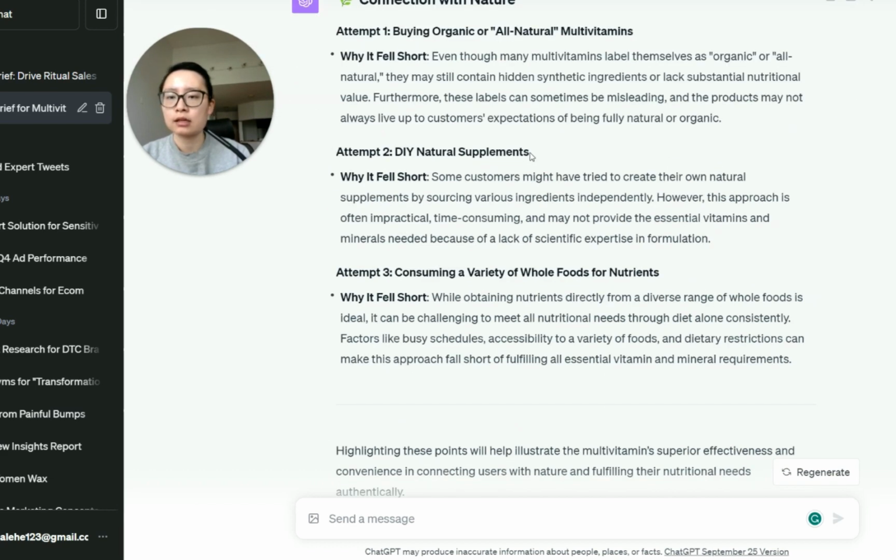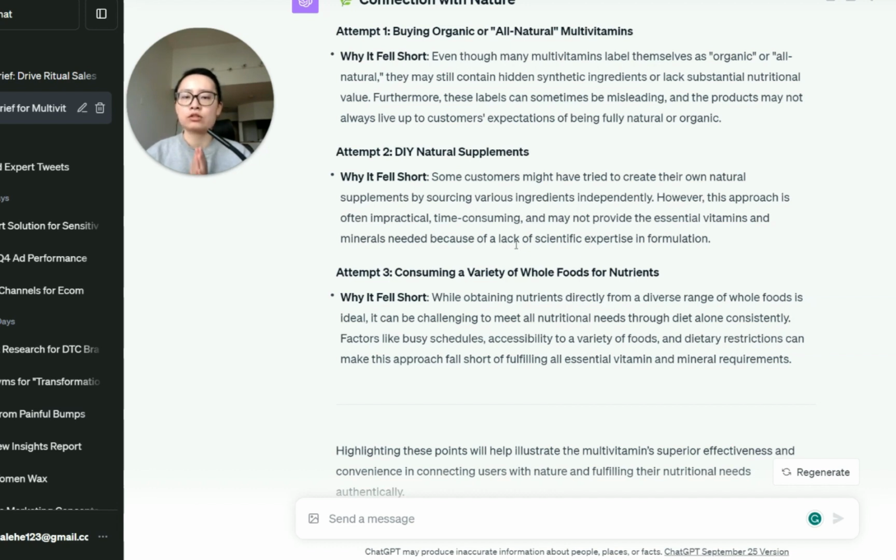And the second attempt is DIY natural supplements. Because people will not trust these brands that are selling the products. They would rather do it themselves, putting different vitamins, putting different resources together to create a regimen for themselves. But obviously, it will be time consuming and it's not very practical.